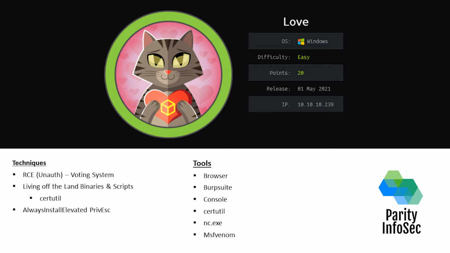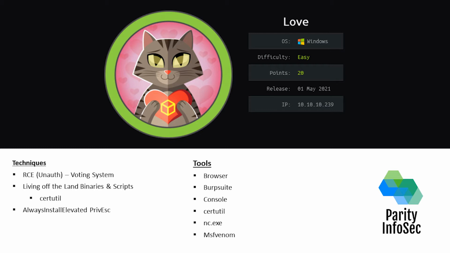One is CVEs. There is a CVE for the PHP voting system that we're going to look at. It's one of the websites. We'll go ahead and take a look at a couple other things. I'm going to use that exploit to just run right into the box. And then from there, we'll do a little bit of enumeration on the box and see if we can find some stuff. So we'll get that user, enumerate, and then we're going to find the